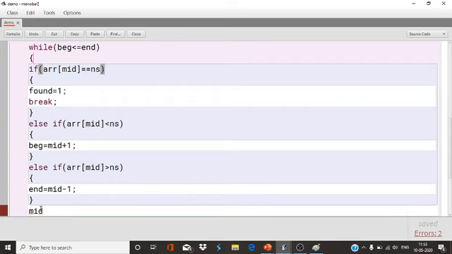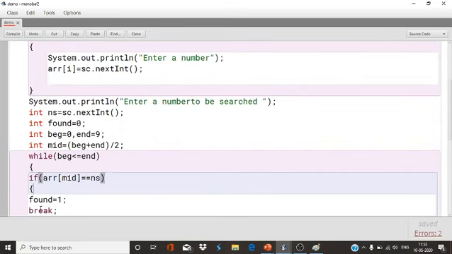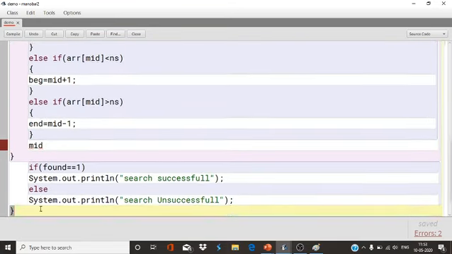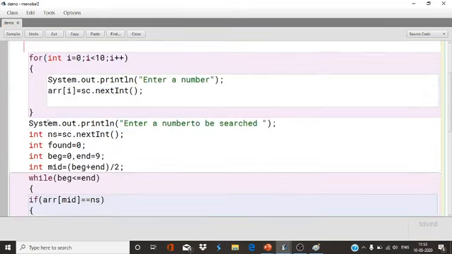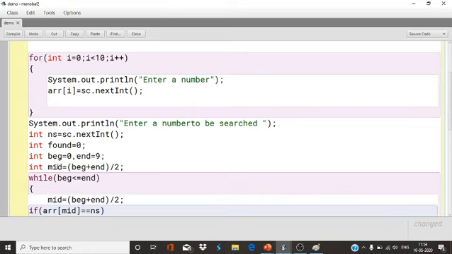Simply, one thing you can do here: you remove this, Control C, and find the mid here.